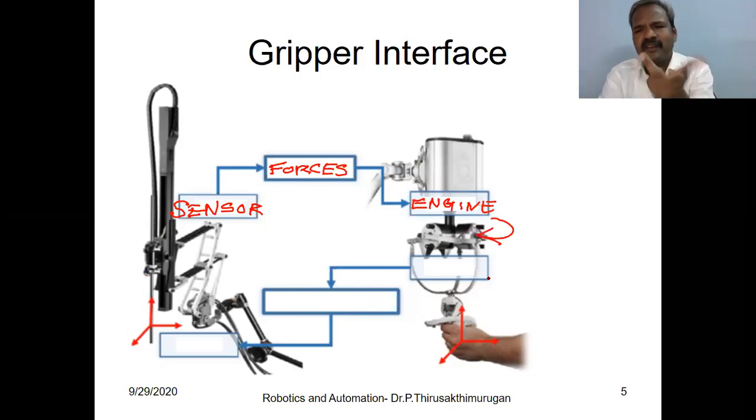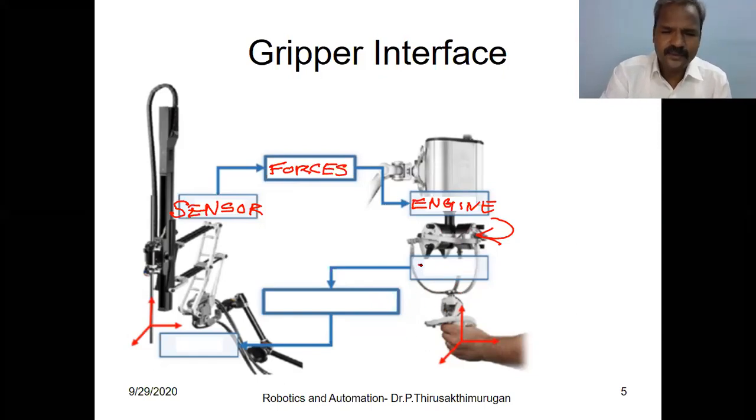How to detect the angular position of the engine or actuator or a motor or a pneumatic cylinder or a piston? A piston normally moves linearly, right? Piston and cylinder move linearly, whereas the motor rotates. So the position of the engine is detected by encoders, optical encoders. This encoder gives the exact position of the robot.